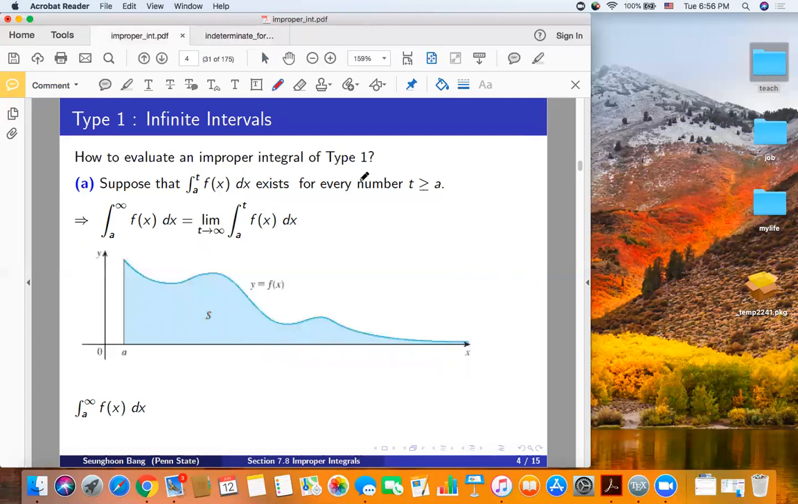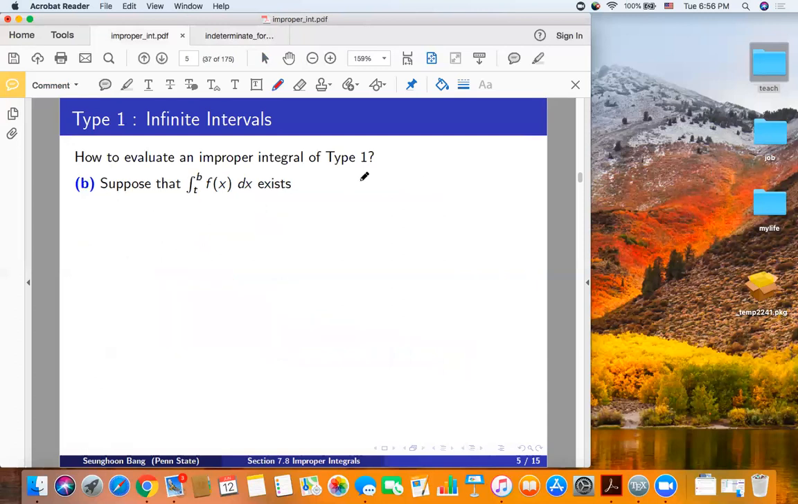So we have two concepts. The improper integral from a to infinity of f of x dx is convergent if the limit exists. The improper integral is divergent if the limit does not exist. Convergence and divergence: we have two concepts. Similarly,